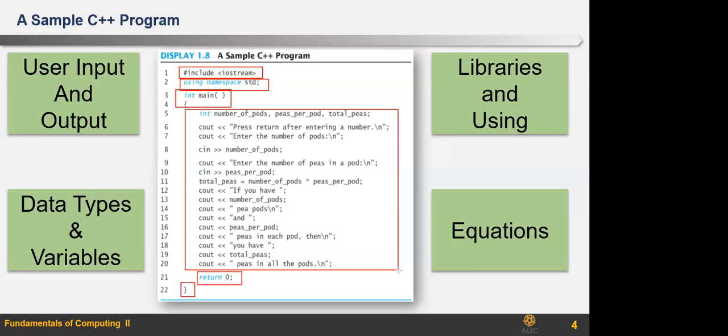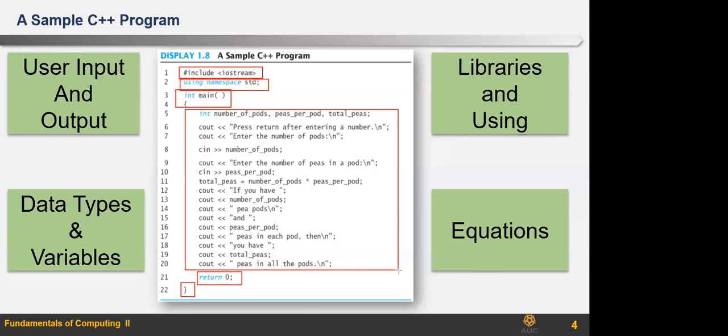First, iostream is a C++ library. What does it mean by a library? It means that it has some functions, and those functions do some good things for you. iostream stands for input-output stream, and it is a library.